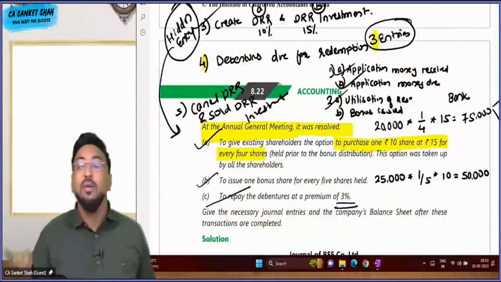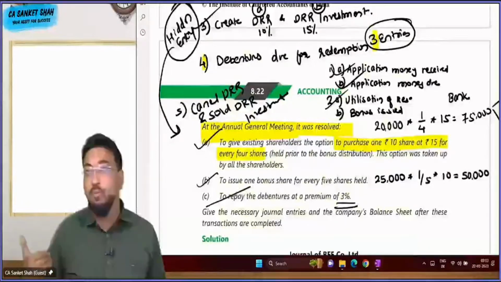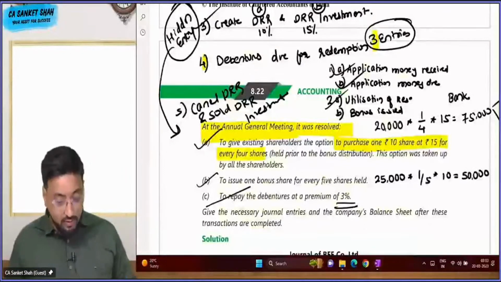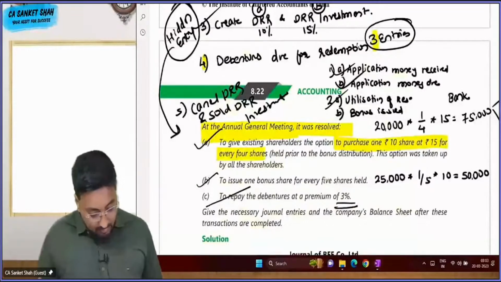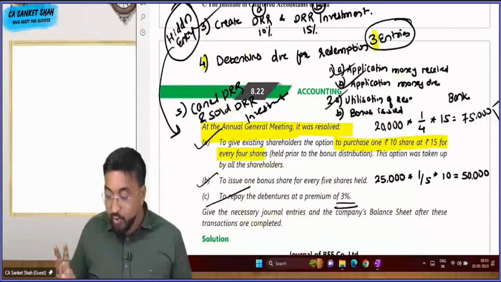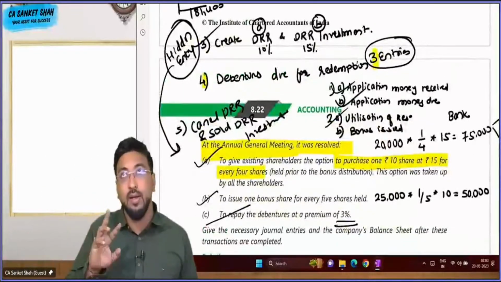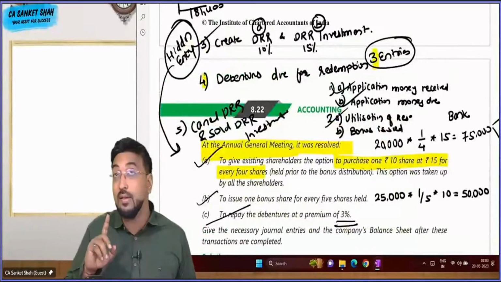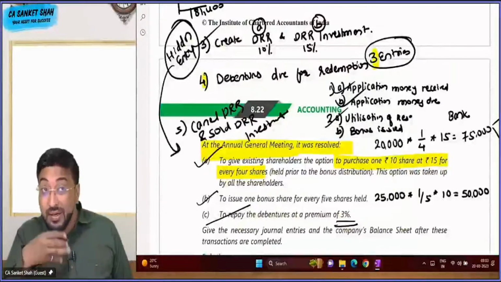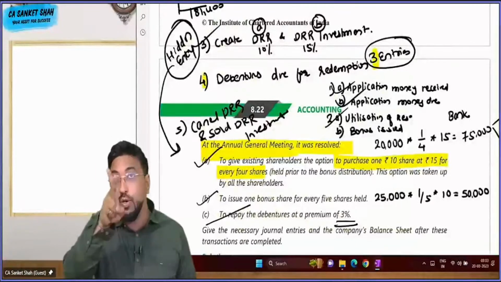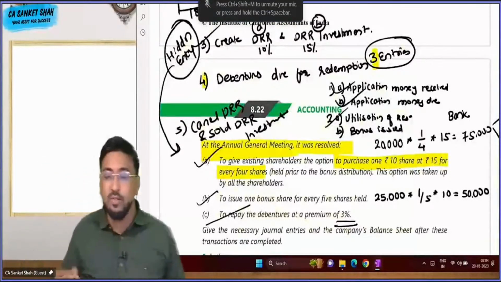ओके सो सिक्योरिटी प्रीमियम फर्स्ट विल यूज, P&L we are going to use. Bonus to equity shareholder, it's a temporary account. Bonus to equity shareholder account debit to equity share capital to security premium. Yes. ठीक है, बोनस इशूड भी हो गया। देन क्रिएट डीआरआर, डीआरआर को क्रिएट करना है। डीआरआर को कौन सा बैलेंस सर ने बताया था, क्रेडिट बैलेंस। किस में से क्रिएट होता है, P&L में से, तो इसमें क्रिएट करना है P&L टू डीआरआर।